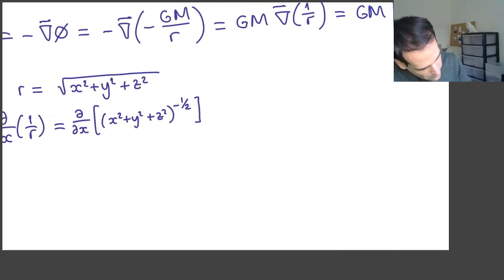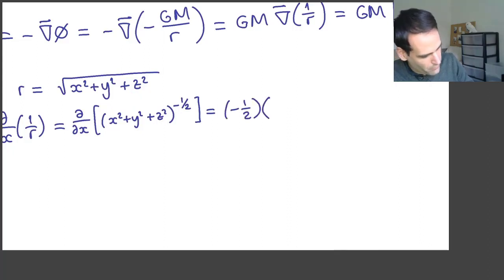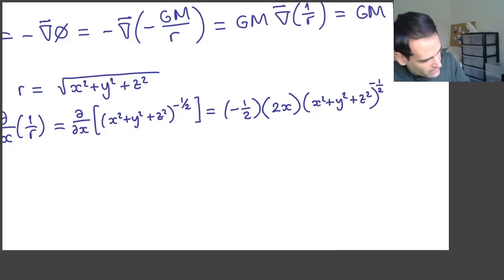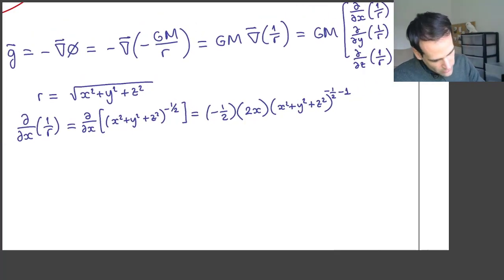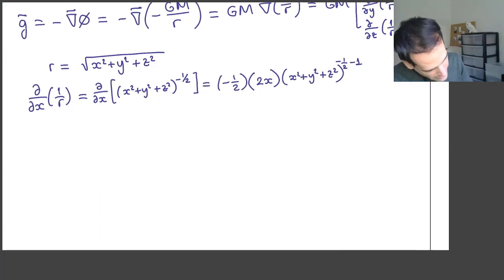So now how to do the partial of a function to some power? You already know how to do that, right? First you bring down the power to multiply, so minus 1/2, times the derivative of the parenthesis with respect to x, so that will be 2x. And now times the original function in the parentheses, x squared plus y squared plus z squared, but to a power that is 1 less than the original one. So minus 1/2 minus 1, so minus 3/2. Okay? So these 2 will cancel out with these 2, so we will end up with minus x